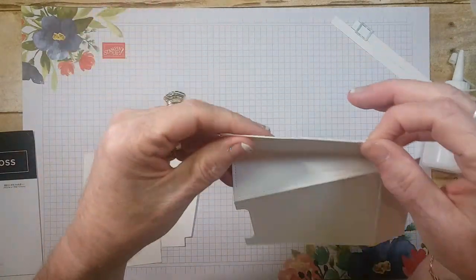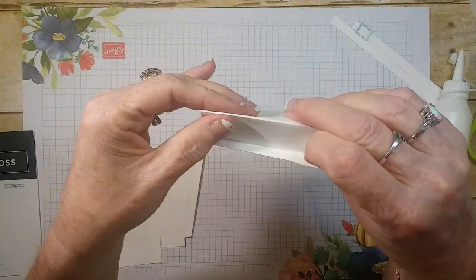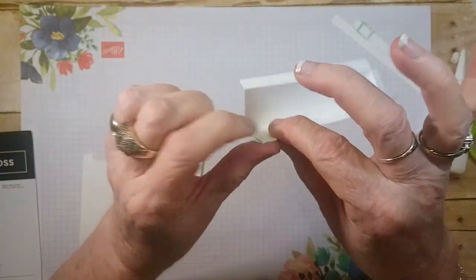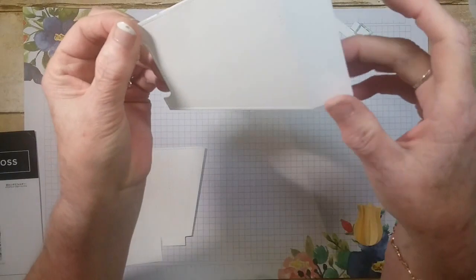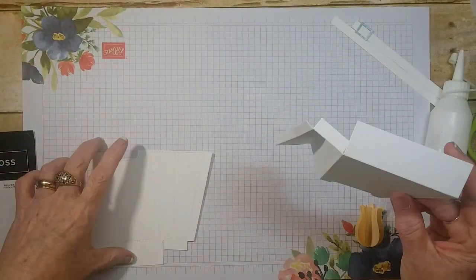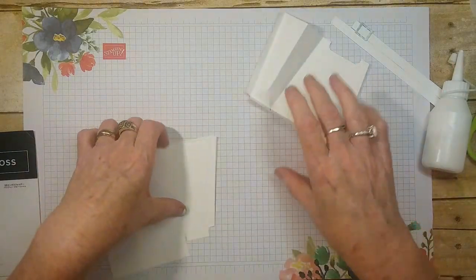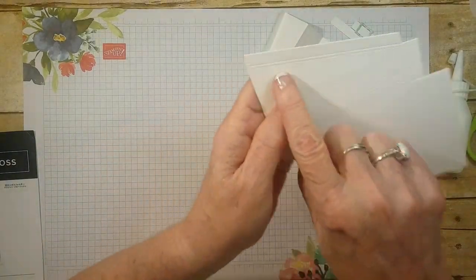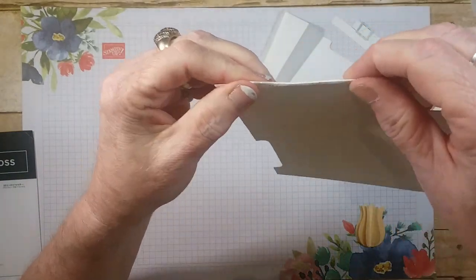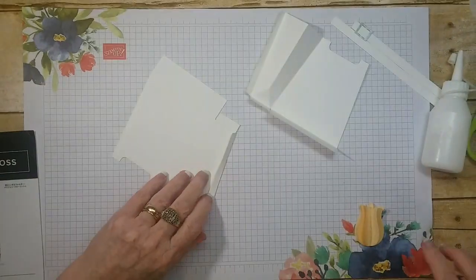It's better if you do it this way, because when you use the embossing folder, it kind of takes the creases out, whereas if you've got them folded already, the creases are in here, so you can see them better. So fold and burnish all your creases. So there's a crease and then there's a dotted line, so make sure it's on the crease, and use your